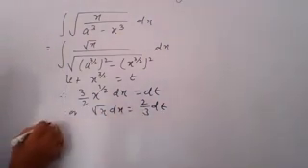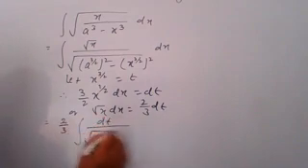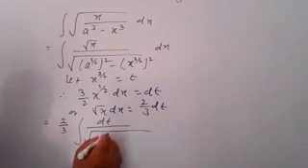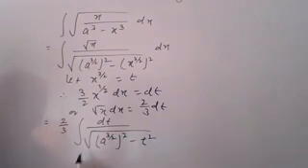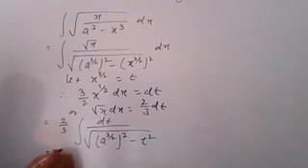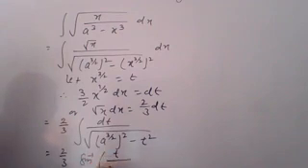So 2 by 3 is constant. So right here 2 by 3 dt upon under root, here you can write a to the power 3 by 2 whole square minus t square. And you know this form of integration is equivalent to integration of 1 upon under root a square minus x square, which is sine inverse x by a. So applying it, 2 by 3 into sine inverse x by a, means t upon a to the power 3 by 2 plus c.